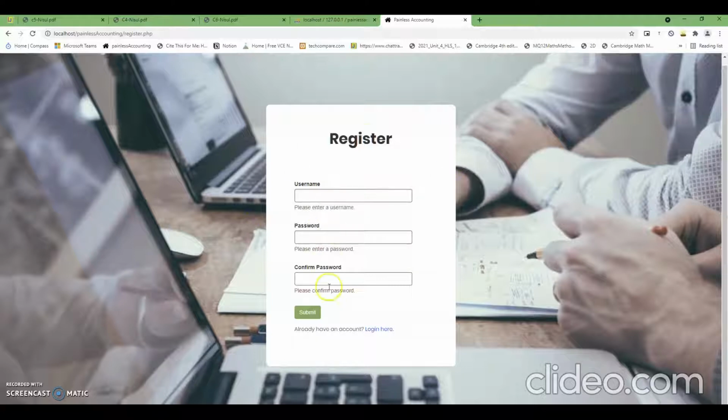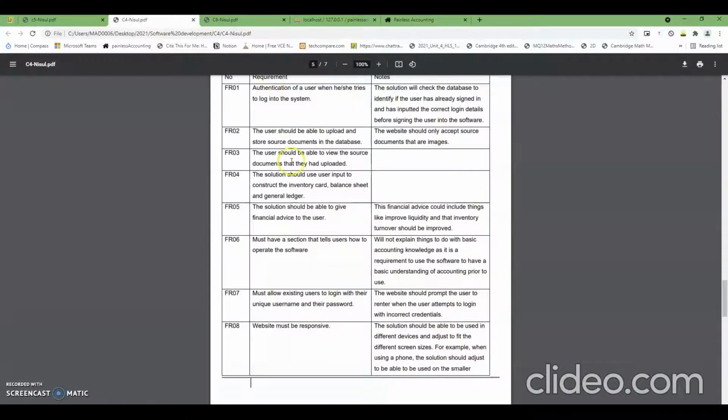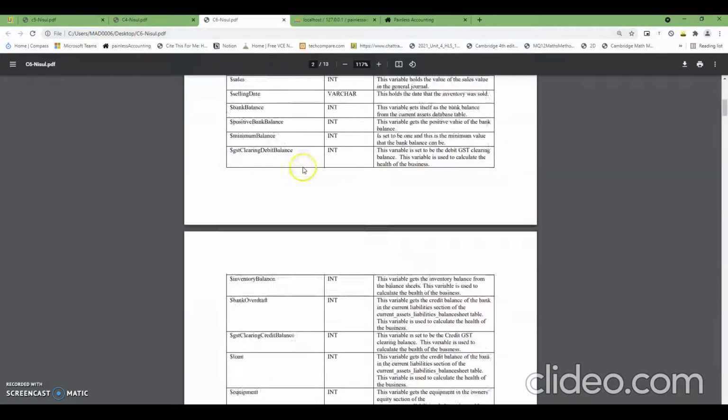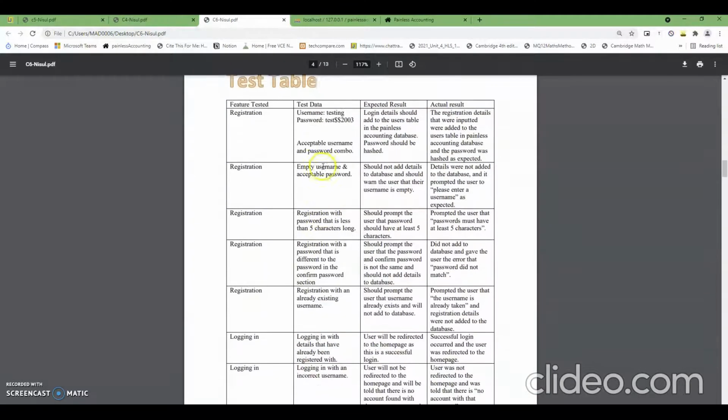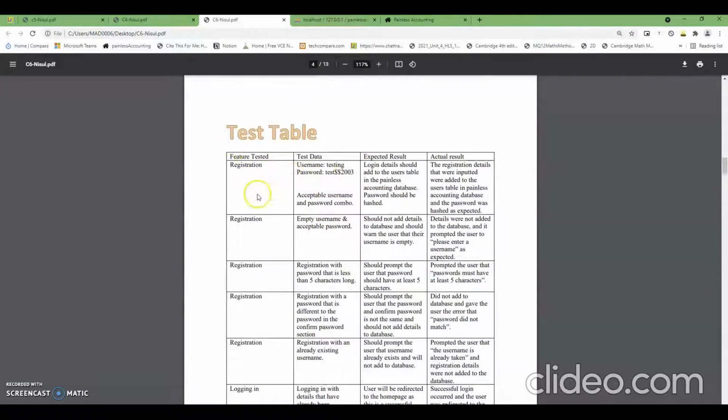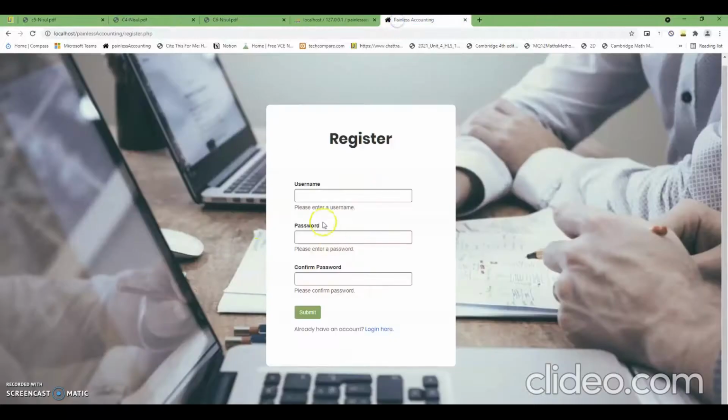And there's some other stuff that it does. So this is just validation, so we ensure that we have a secure username and password. And we've tested whether these usernames and passwords work using the test table over here. So we've tested all the registration to ensure that everything's working. And so if we just do a good one now,